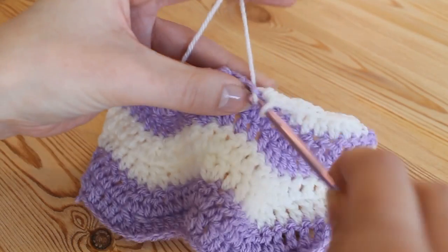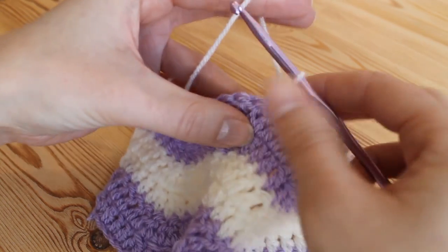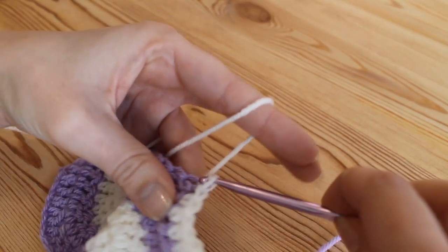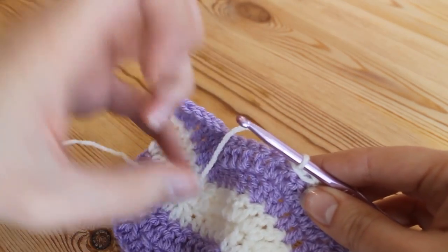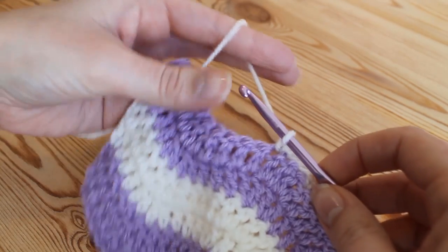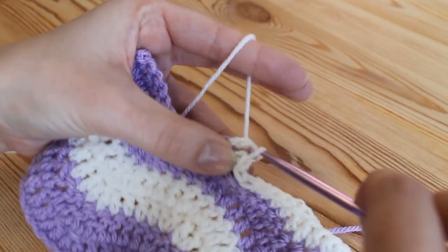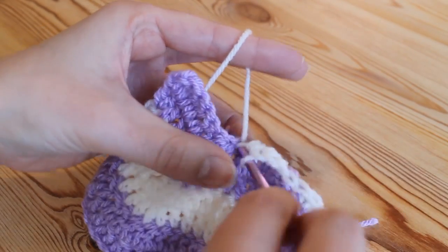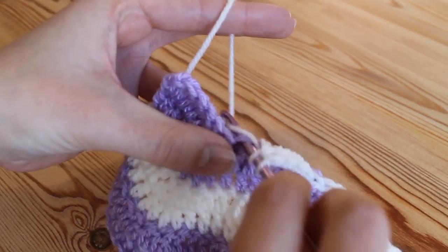So then we want to do the double crochet, and then at the top of these 2 stitches here you're going to slip stitch into the top of both of those, so 1 slip stitch and 2, and then you're going to continue back down towards your dip the same way that we did before. So we're going to start with our double crochet into the next stitch, and then you're going to do your 3 half treble crochets, so 1 into the next 3 stitches, that's 2 and 3,